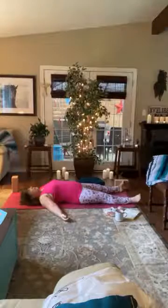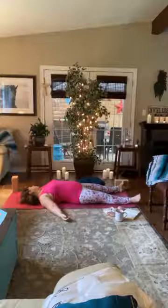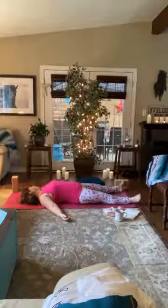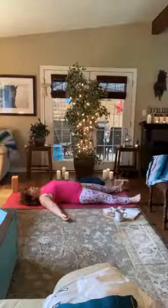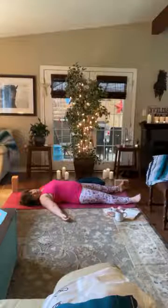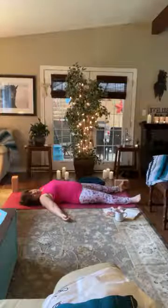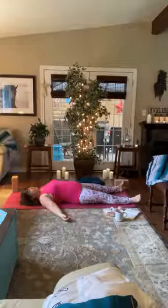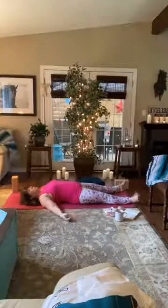And back to center. Let's do that one more time. Right ear, right shoulder. And back to center. And left ear to left shoulder. So being more mindful this morning, not rushing, just a little ease to our practice. Back to center,